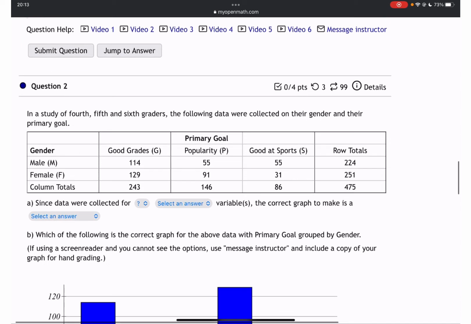For male, it was collected good grades, popularity, good at sport, and total row. And for female, accordingly. And the third row says column totals. So we have row totals and we have column totals. Okay, since the data were collected for 2 variables, because it's male and female,